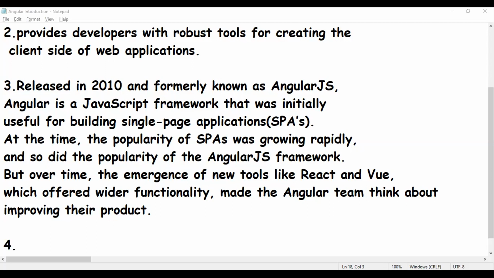If the application is written in AngularJS, these two are basically entirely different tools. AngularJS is different, Angular is different.